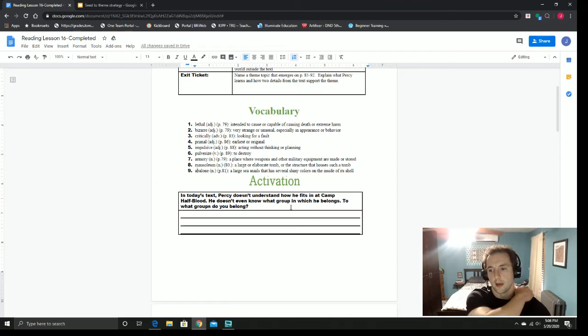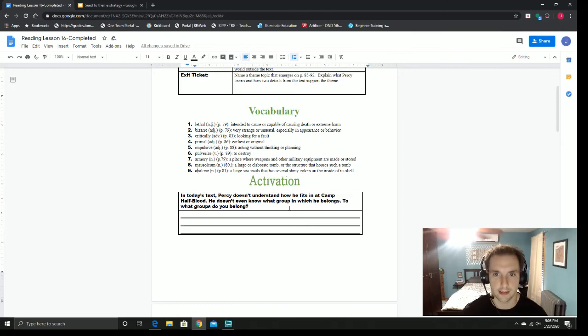Again, the groups that you belong to are many. You could be part of a sports team that probably isn't playing right now, but if you're part of a sports team, that's a group. If you belong to a family, that's a group. Being part of this class means you're a group in this classroom. Groups I belong to: a Dungeons and Dragons group, which is a game that we play together. I belong to a group of friends that meets regularly to spend time with our kids. And I am in a group with a bunch of teachers that we work together to improve our teaching. So I'm in a bunch of groups. Everyone's in a bunch of groups, even if you don't think that you're in a bunch of groups.